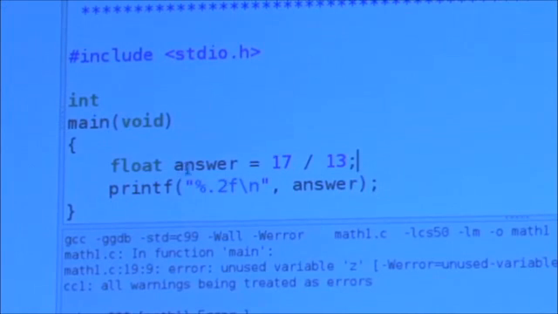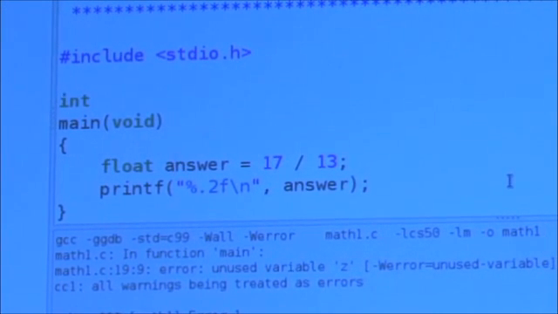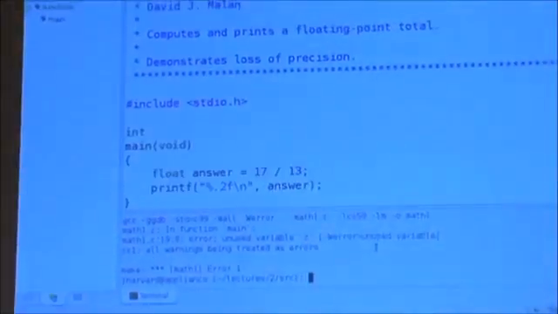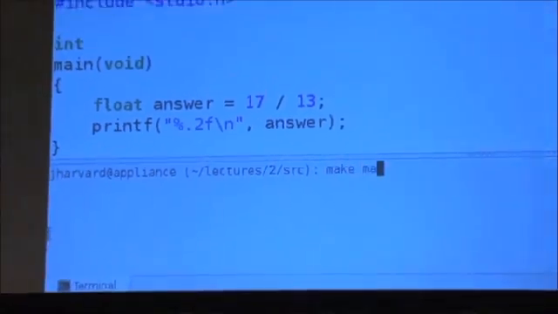I store the result in answer, but I'm then printing it out with .2f. The .2 denotes what? So just 2 decimal places. %f generally means give me a floating point value, but .2 means only show me 2 numbers after the decimal point. What am I plugging in? answer. So this actually feels OK, but let me go down here now, and let me zoom in and run make